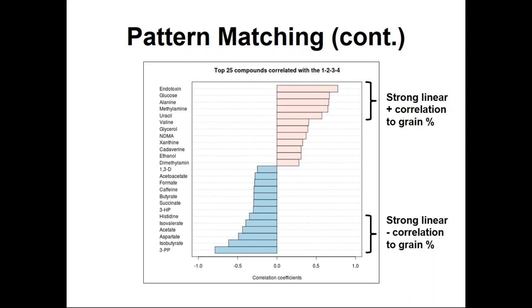And the correlation coefficients matching this straight line, or a slope of 1, is around about 0.7, 0.75. On the other hand, if you recall, the 3-phenylpropionic acid, which is at the bottom in blue, has exactly the opposite trend. Instead of going up, it has a slope of -1. And it has a correlation coefficient of about 0.8.